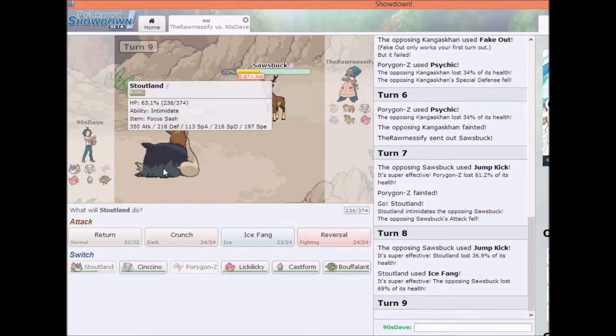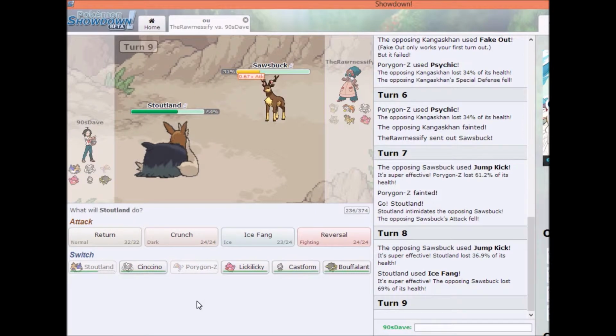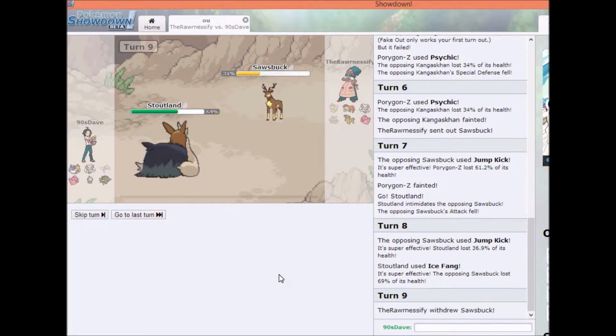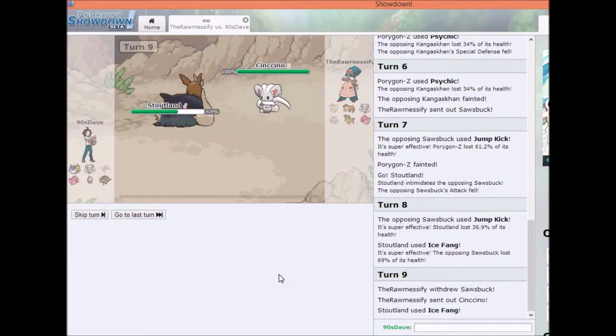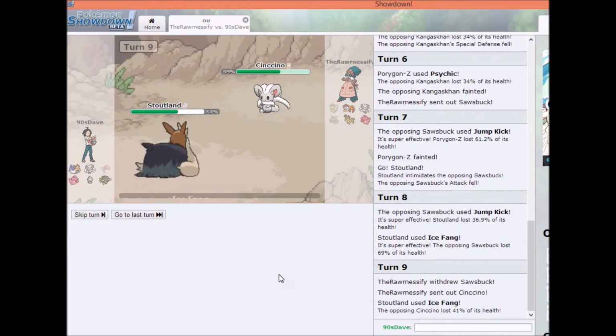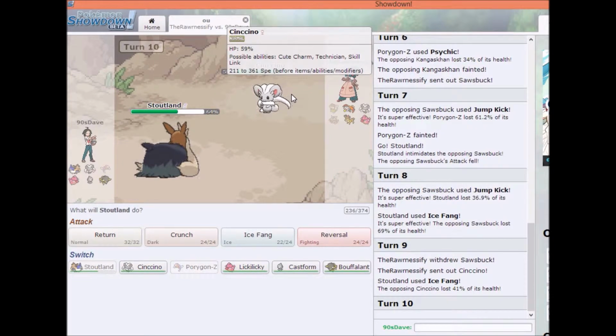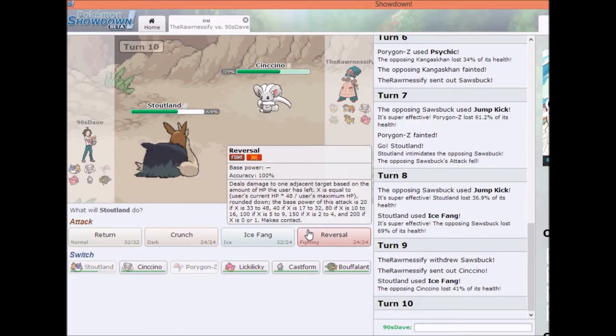Okay, so it turned out the Focus Sash wasn't even needed, the attack drop clearly did enough, also pretty decent defense at 216. I'll just go for another Ice Fang here. And she switches into the Cinccino, which is going to be faster than mine, so